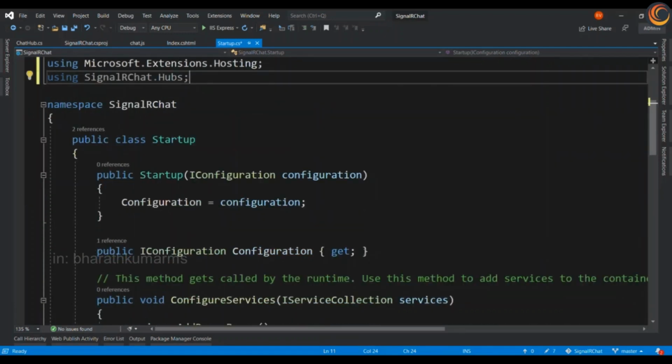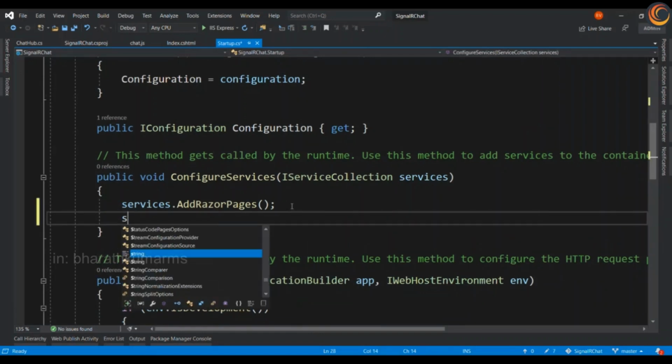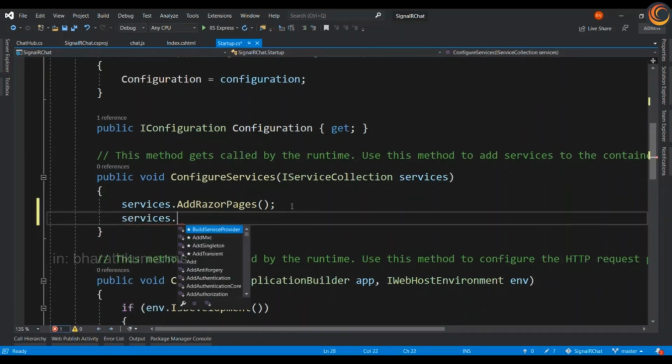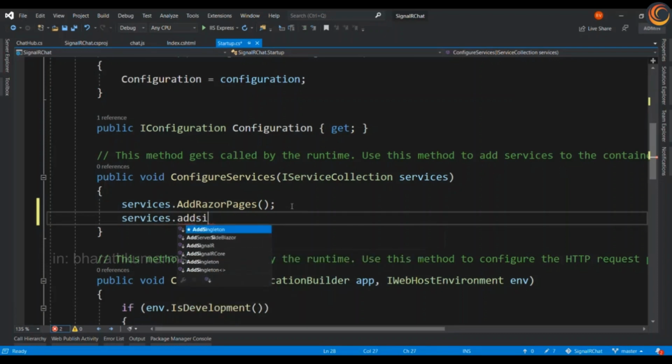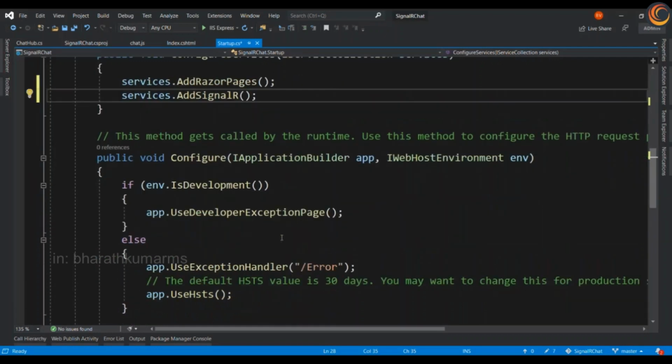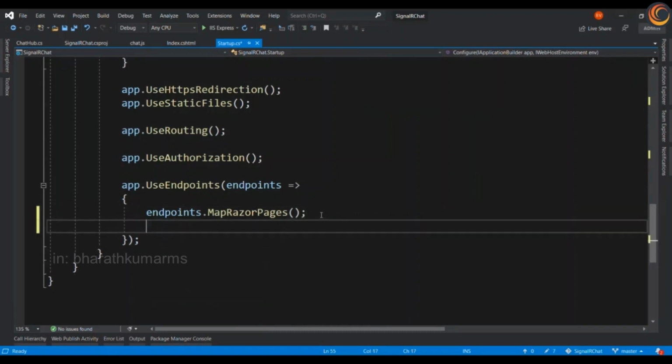And then in the configuration, I'm going to say services.AddSignalR. So SignalR will be included in the pipeline, and the application will start to interpret the requests that come from the client.